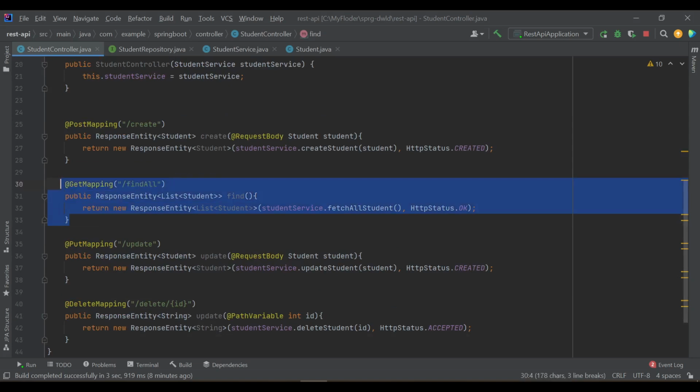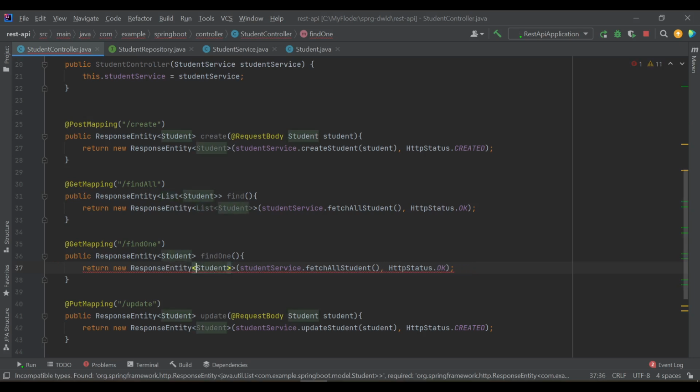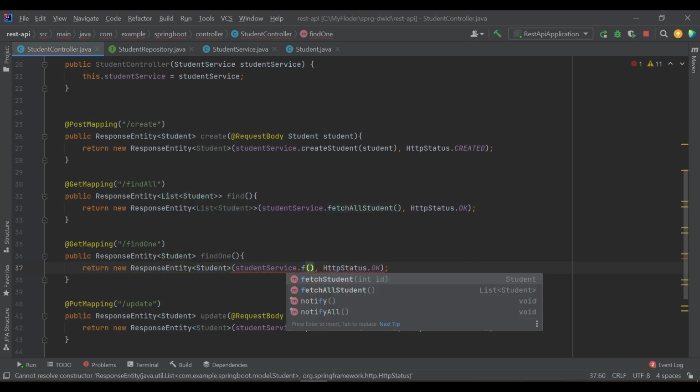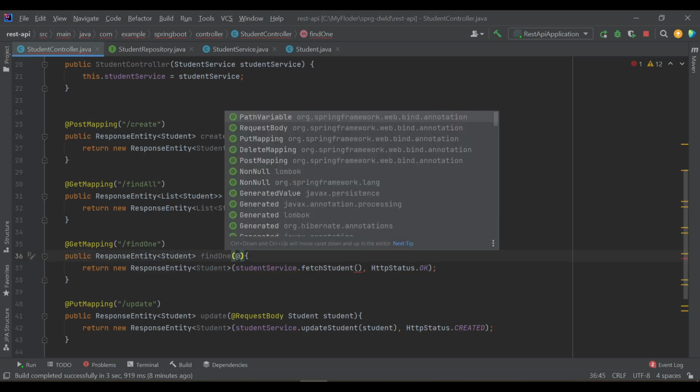Right, and one more method is find one. It will be type of student, method will be find one. You don't need a list because it will return only one object. Fetch student, and it requires an ID as a path variable.